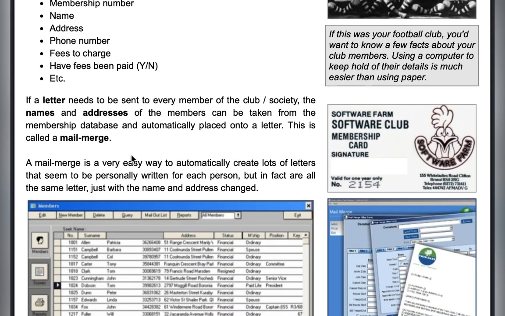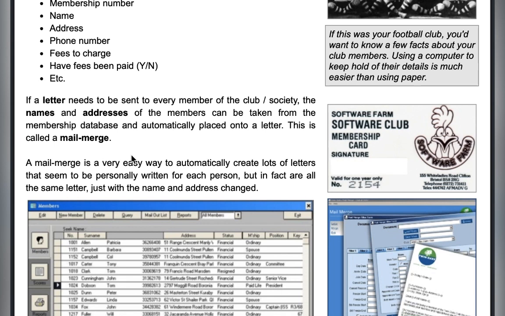And in doing that, you need a mail merge. This is what you do in ICT practical. A mail merge is in paper 2 of your ICT practical, where you're going to learn about it. We say the names and addresses of the members can be taken from the membership database and automatically placed onto a letter. This is called a mail merge.